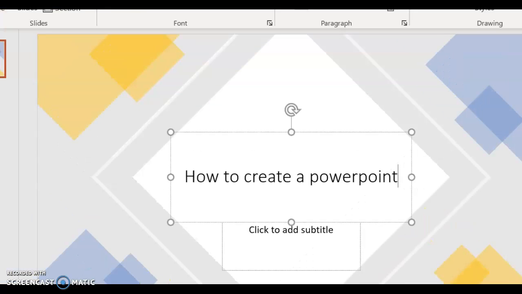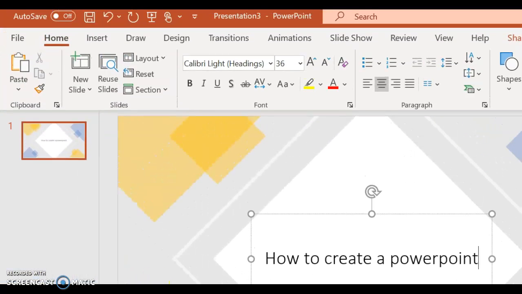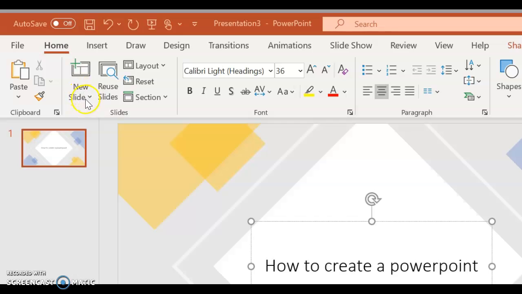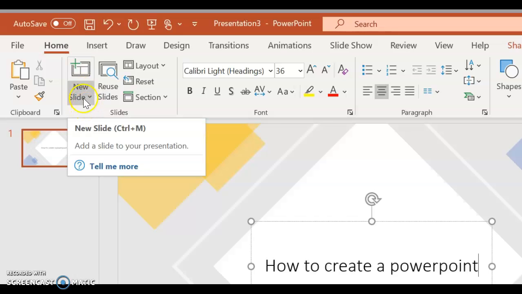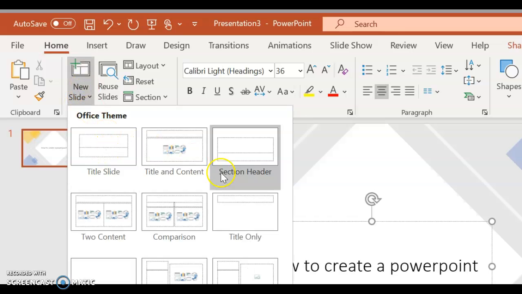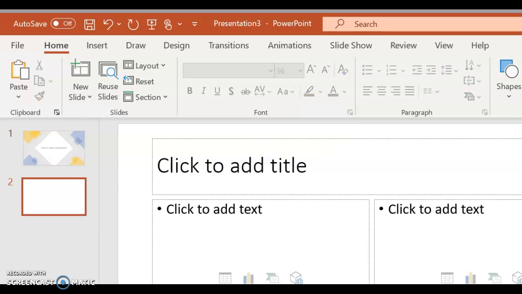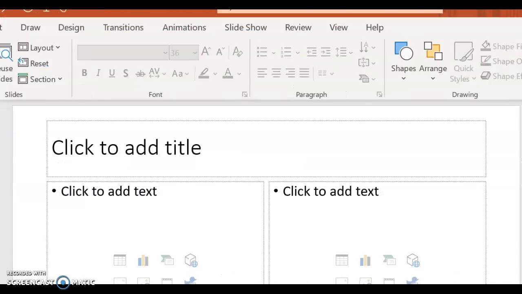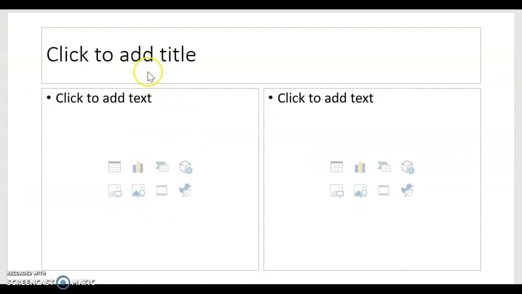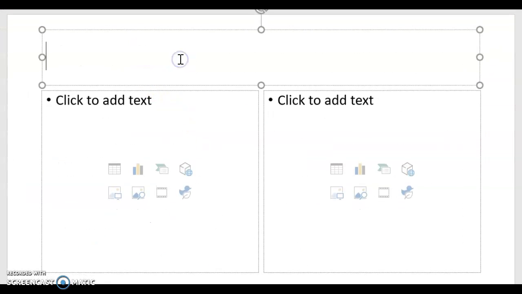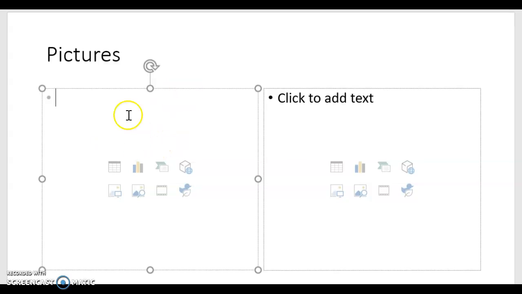So next you're going to want to come over here to the top left hand corner and click new slide. It will give you an option of all of these different slides to pick from. We will do two content. So in this one, we'll add a title called pictures. Then in here,